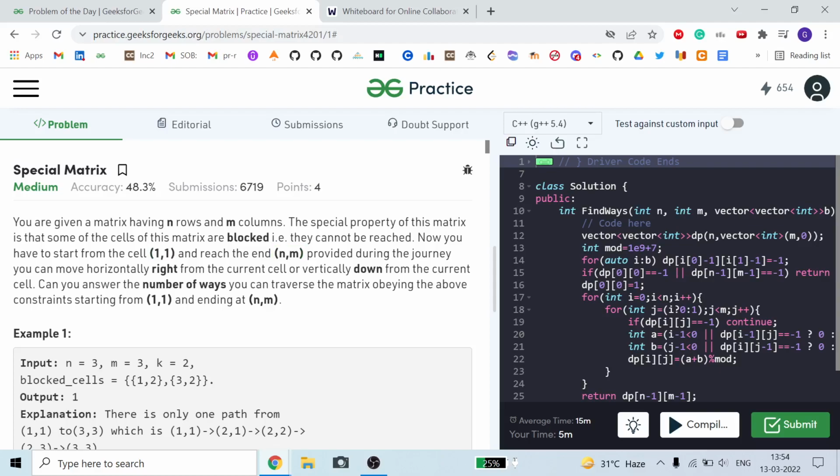And it is given that we can only move horizontally right from the current cell. Means if we are at i comma j, then we can only move to i plus 1 comma j, or we can move vertically down, means from i comma j we can go to i comma j plus 1.